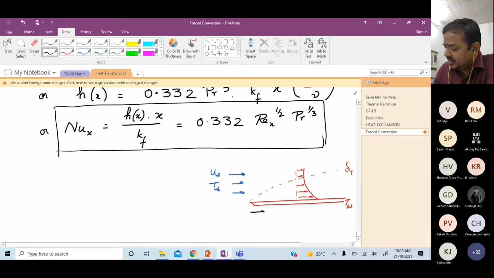varying along x from the leading edge, except the leading edge where, as you can see, it's a singularity point. That's a boundary layer assumption. Boundary layer thickness is 0 here. If the boundary layer thickness is 0, actually Hx is infinity. It's an infinite heat transfer rate. Okay? That's an ideal situation. That's a singularity point.